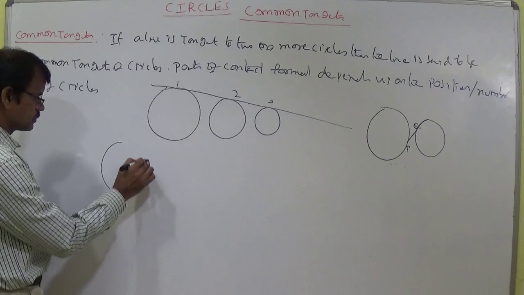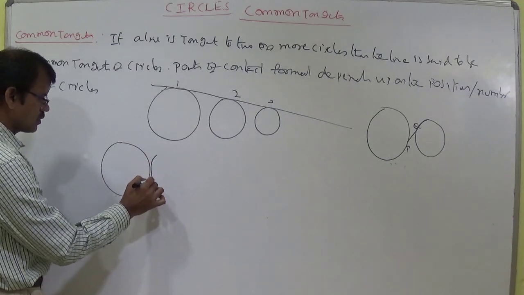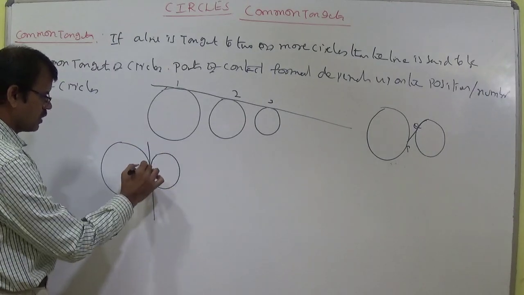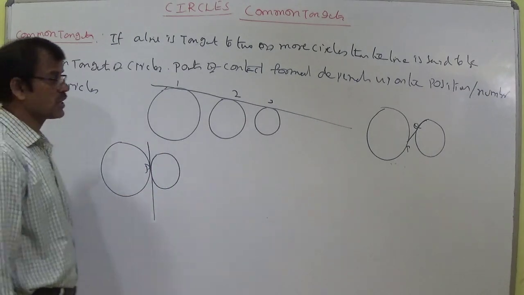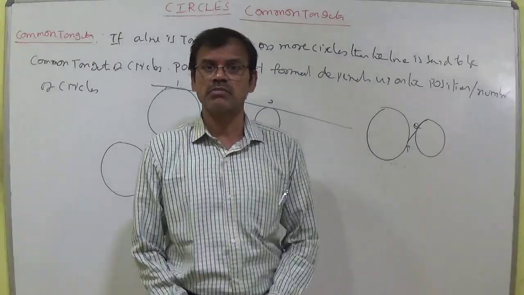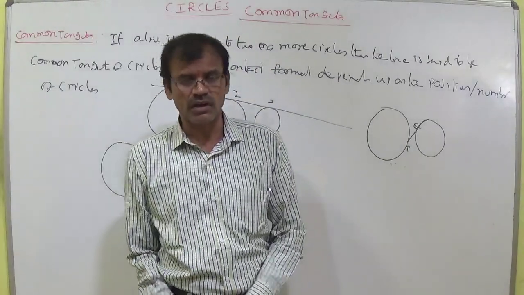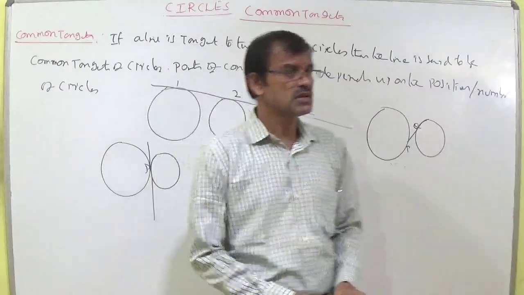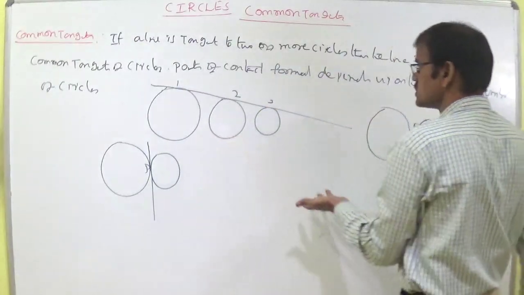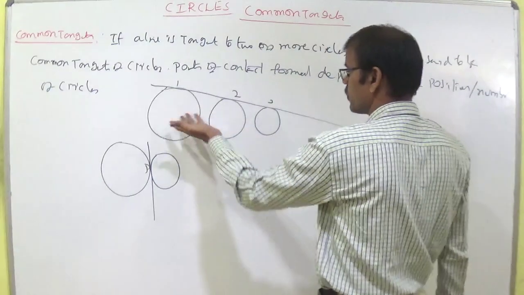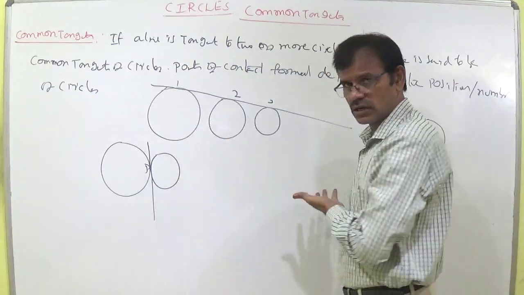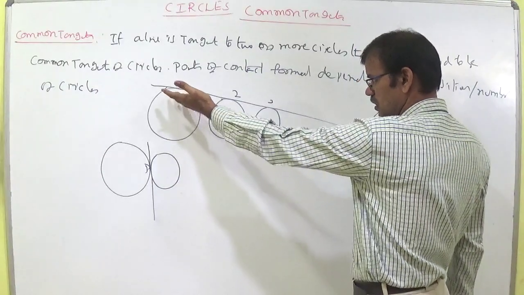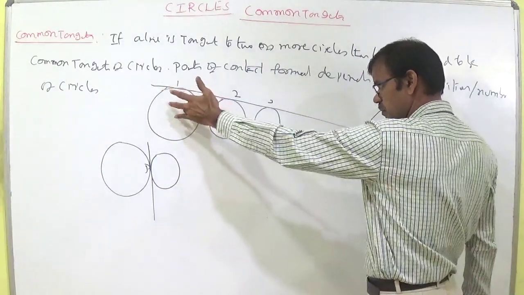Now, just simply touching. So, what is happening? Only 1 point of contact. If 2 circles are there, 2 points of contact may be formed, you should not argue, because that is why I said position or number of circles. If 3 circles are there, one is outside of the other respectively, then one tangent can be drawn. If a tangent can be drawn, maybe the points of contact are separate.